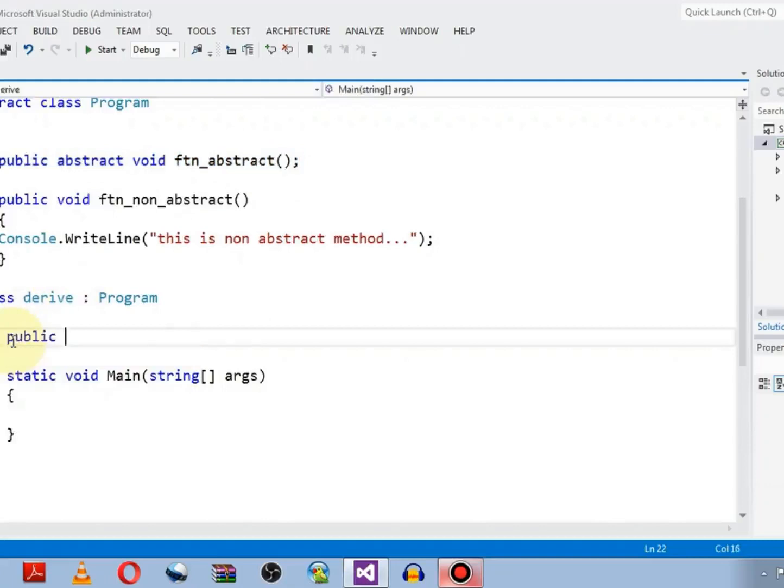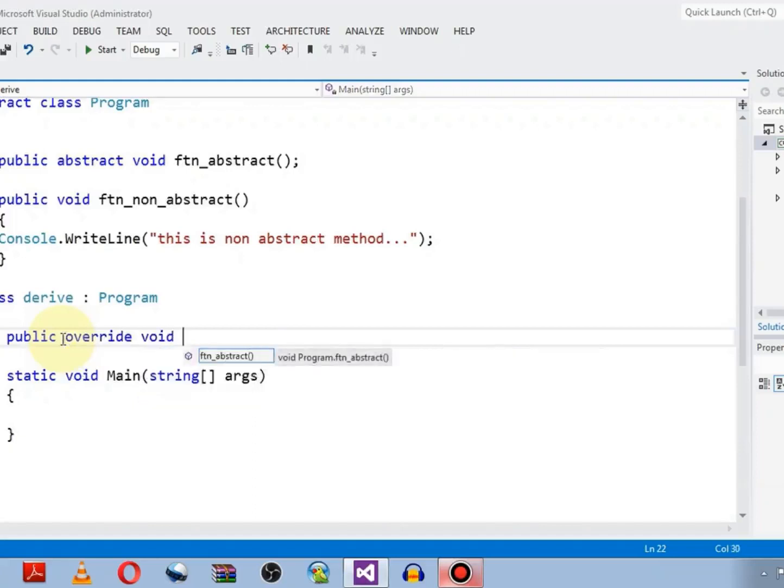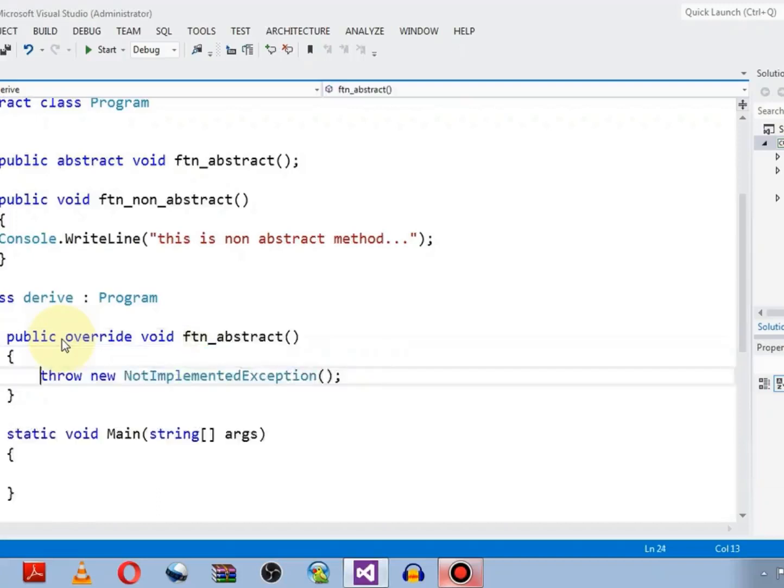Public, and after the public, within the declaration you can see the abstract keyword. So whenever you are implementing, or you can say defining, the abstract method within the child class, instead of the abstract keyword we will be using the override keyword, then the return type and function name, that is abstract.